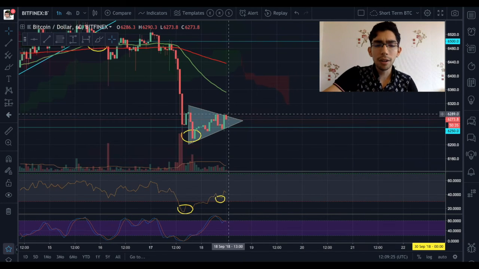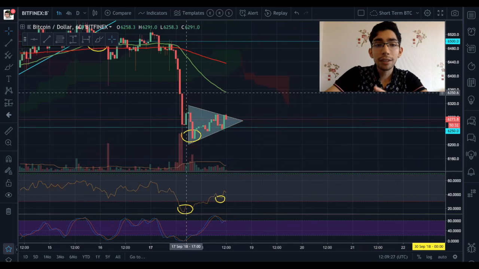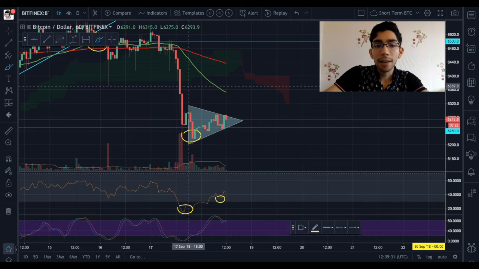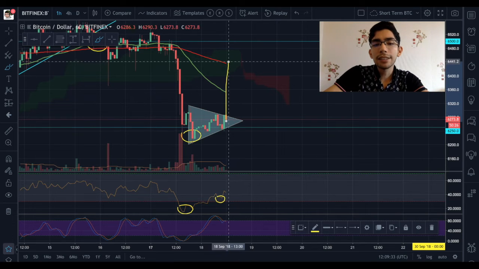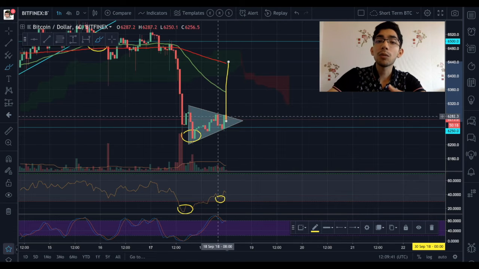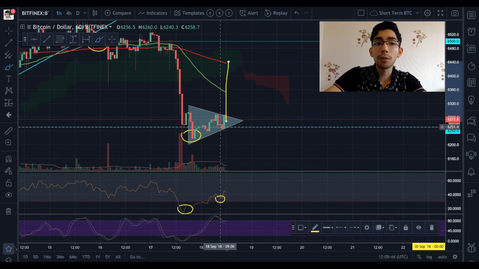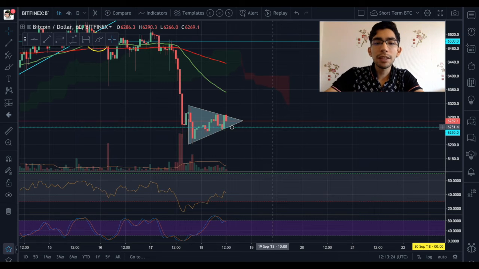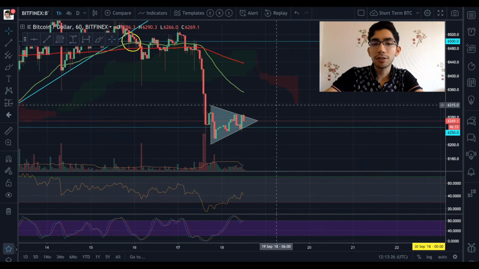I mean, the other thing that could happen is that we actually form this kind of bar formation and move back up. And this is something that happens a lot with Bitcoin price, that whenever we have a really big movement to the downside, we consolidate for a while and then we actually go back to the point that we were. Well, anyways, just to summarize my viewpoint of Bitcoin, what I'm expecting is the price to actually break down